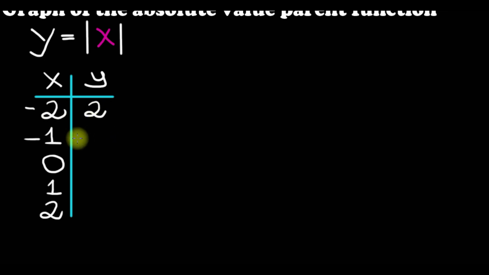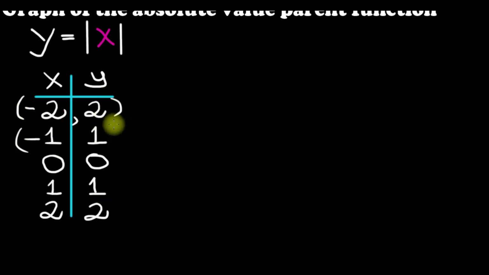Then the absolute value of -1 is 1, the absolute value of 0 is 0, the absolute value of 1 is 1, and the absolute value of 2 is 2. We have these ordered pairs that we can use to plot